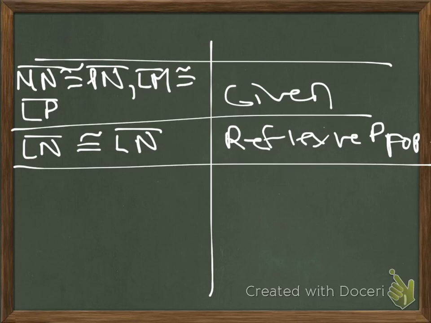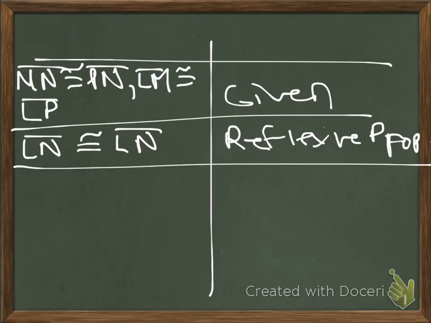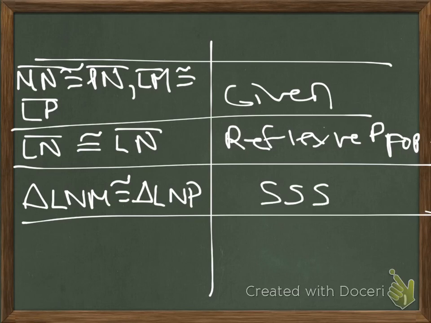And then now we can say that the triangles are congruent, because if you see, you have all three triangle sides congruent to all three triangle sides. So triangle LNM is congruent to triangle LNP. And that's the side-side-side postulate. But that's not what it's asking us to prove. It's asking us to prove angle LNM is congruent to